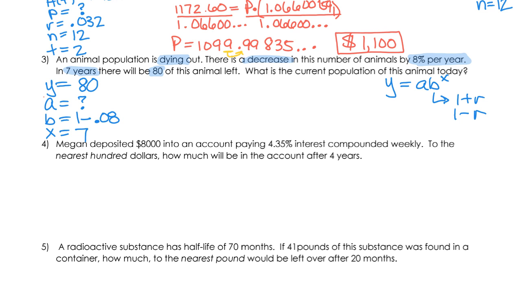This one's a little bit different again than we are used to, but I think it's similar to the question we just got done. So we're going to put in 80 for y. Our a value we don't know, so I'm going to keep it a. In parentheses will be 1 minus 0.08, which is 0.92. Which is less than 1, which is why this is going to decay, okay? And then raised to the 7th power. So what I'm going to do is I'm going to go ahead and type in 0.92 raised to the 7th power. And we're going to get